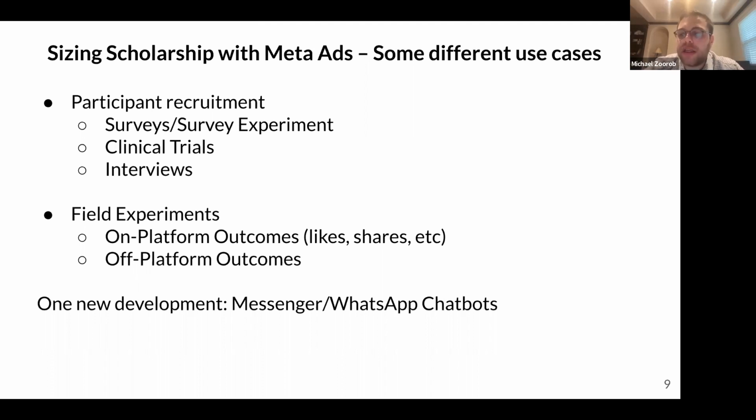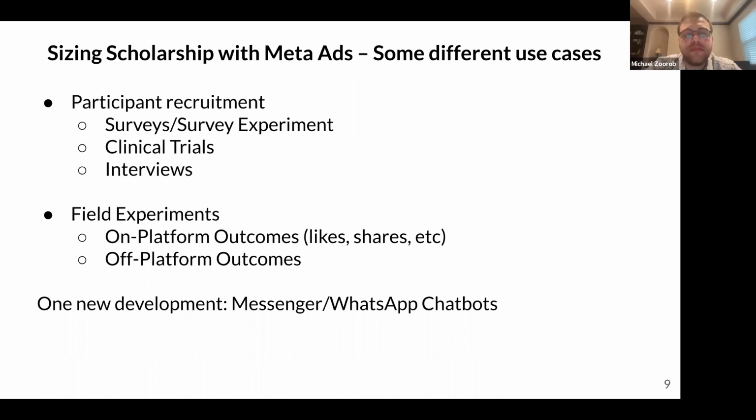Another, simply, is cost. Particularly in middle and low income countries, the cost of recruiting participants using Facebook and Instagram ads is so cheap relative to conventional survey methods that it enables a lot of research that otherwise couldn't happen. That said, people definitely use Facebook and Instagram ads to survey populations in rich countries. Healthcare employees, for example, is one study that Stefan Pachka, my co-organizer of the session, surveyed in rich countries during the height of the COVID pandemic using Facebook ads. And there are a lot of use cases like this.